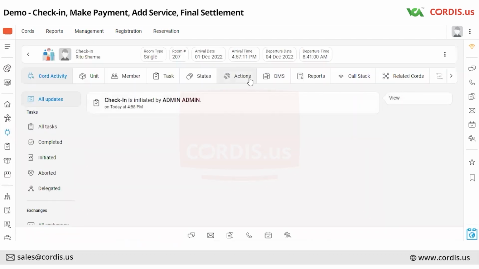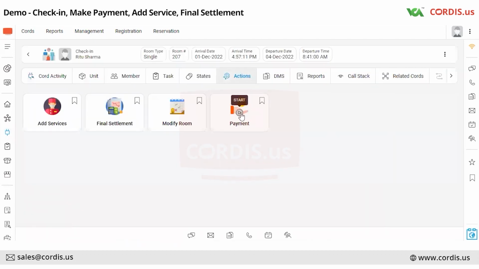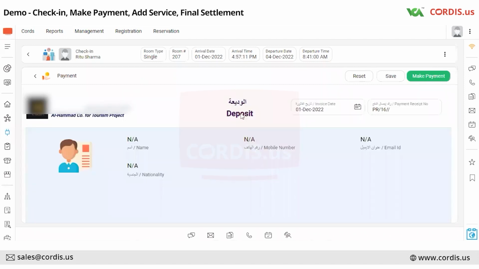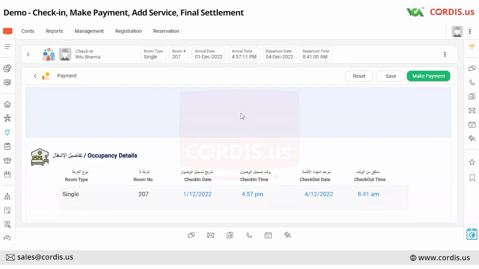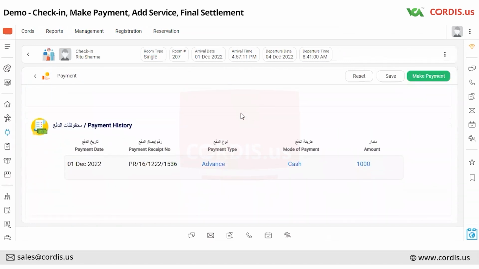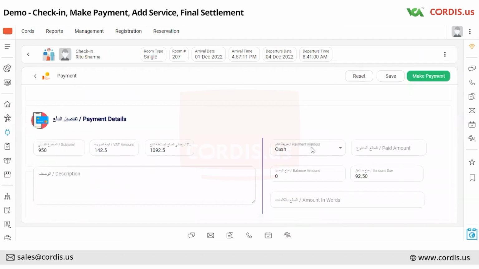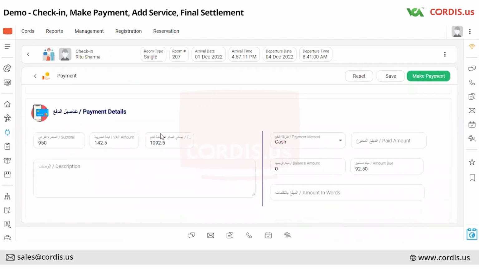The next part that I can do is that in between, if I want to make any payment here, I can make a payment here. The customer details and the occupancy details will come. Payment history will come here. Since I already made an advance payment of 1,000 rupees, payment history is already there. The subtotal is now, since 517 was the